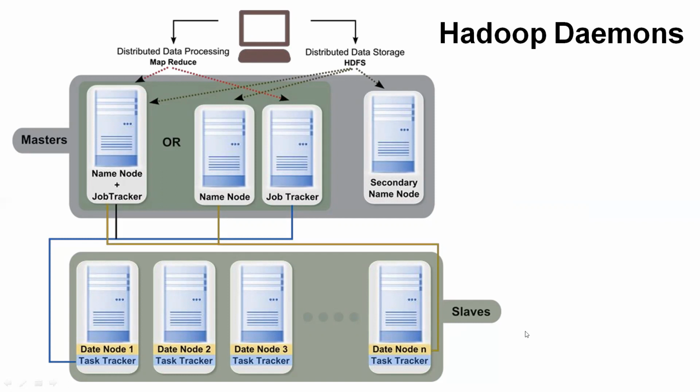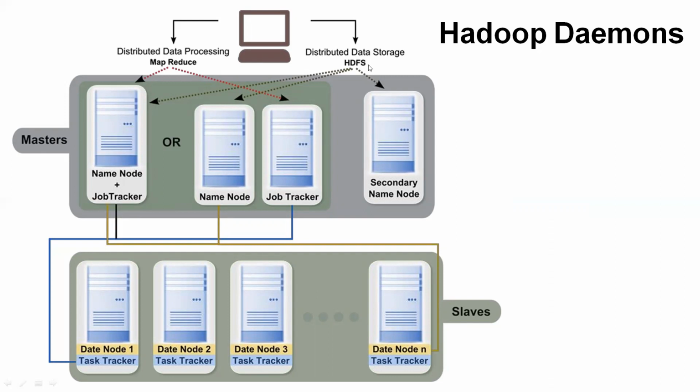As mentioned earlier, the name node provides the metadata information, and the job tracker is responsible for scheduling jobs and managing the task trackers. The secondary name node is nothing but the backup copy of the name node. So whenever there is a problem with the name node, you can recover the data with the help of the secondary name node. Okay. So initially, the name node stores the metadata information, and the processing relevant aspects are done by the job tracker as well as the task tracker.